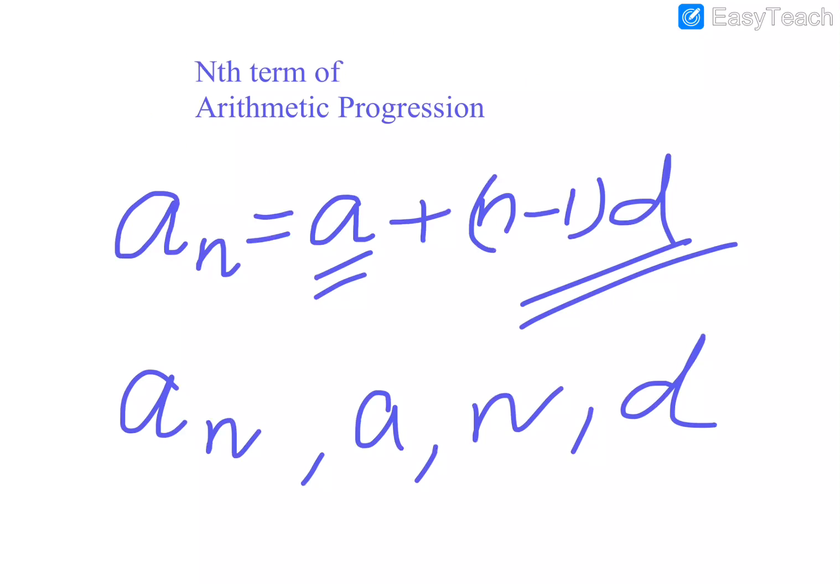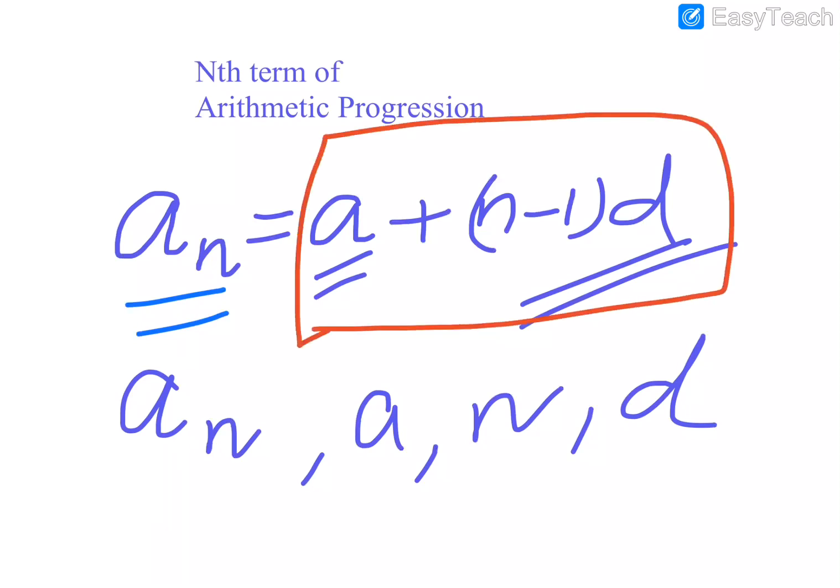In fact, we have discussed this concept earlier in our live classes, and we have derived this formula: the nth term, that is an, is equal to a plus n minus 1 into d. So the nth term is the first term plus one number less than n, multiplied with the common difference d. Based on this, we have done some sums and we have answered certain questions.